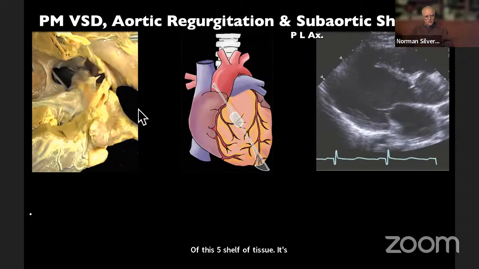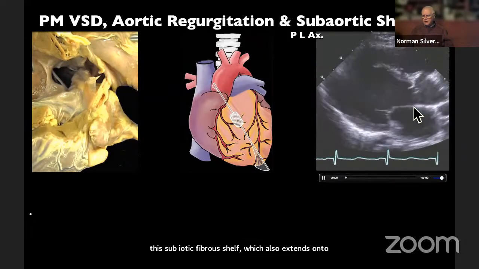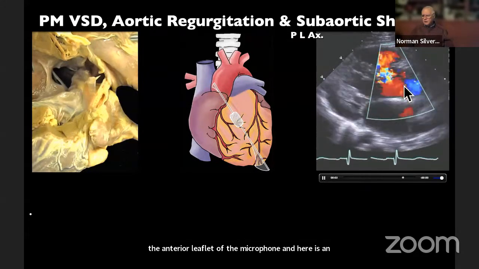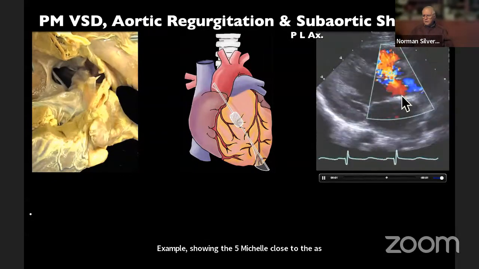Let's just look at this. So from left ventricular outflow tract, here's the aorta in long axis, here's the muscular septum, and across this area you can see the growth of this subaortic fibrous shelf, which also extends onto the anterior leaflet of the mitral valve. And here is an echocardiographic example showing the fibrous shelf close to the aortic valve, as well as aortic